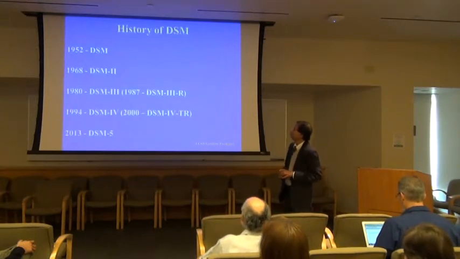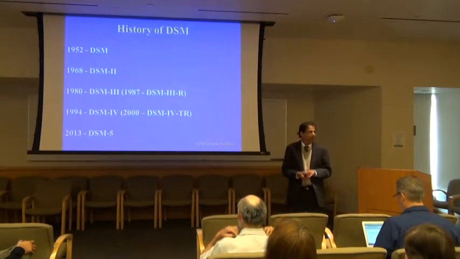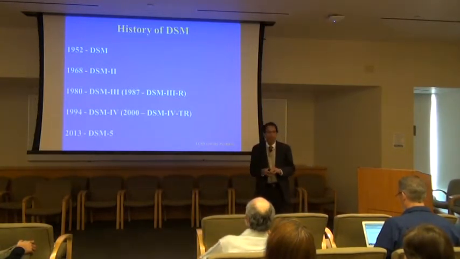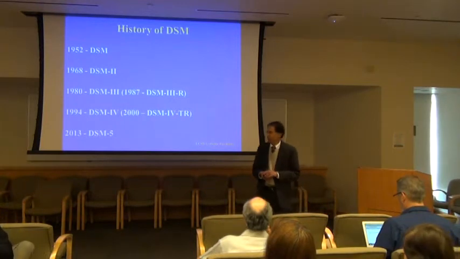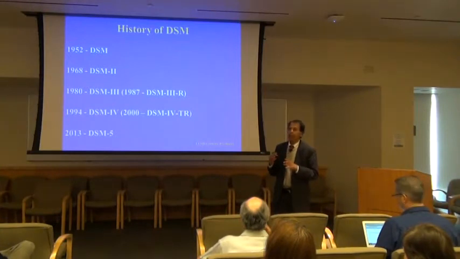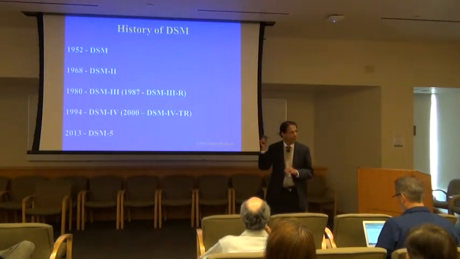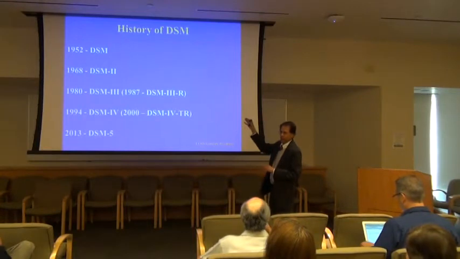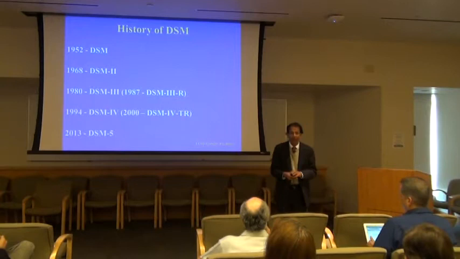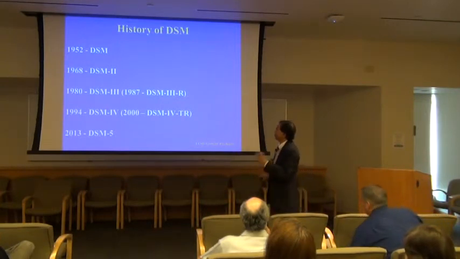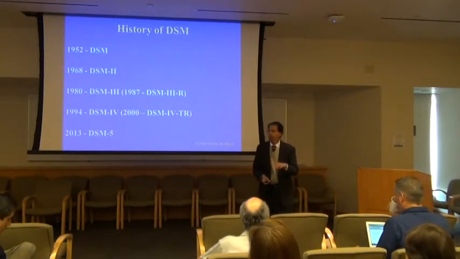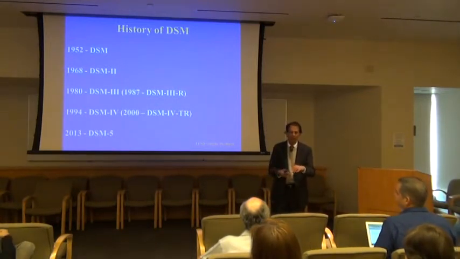Okay. So the history of the DSM, the American Psychiatric Association, actually right from the beginning when it was founded back in 1844, has focused on statistical epidemiological studies of mental illness. That's why the word statistical comes in this diagnostic statistical manual. They wanted to look at the prevalence of what they call insanity back in the mid-19th century. The DSM itself first came out in 1952. It was not called DSM-1 because they didn't know there were going to be DSM-2 and 3 and 4.